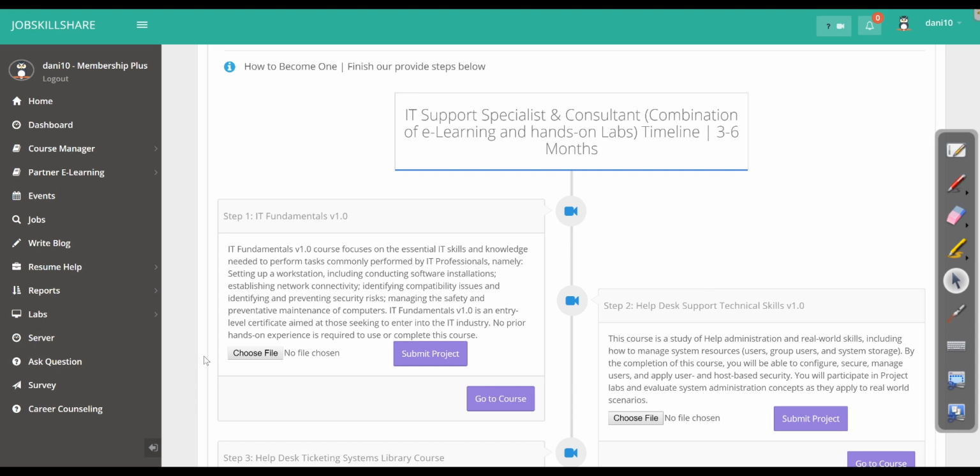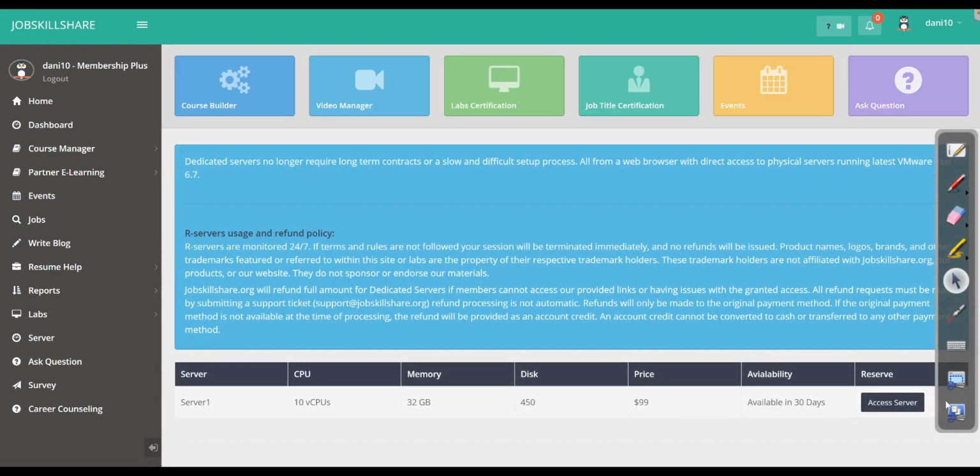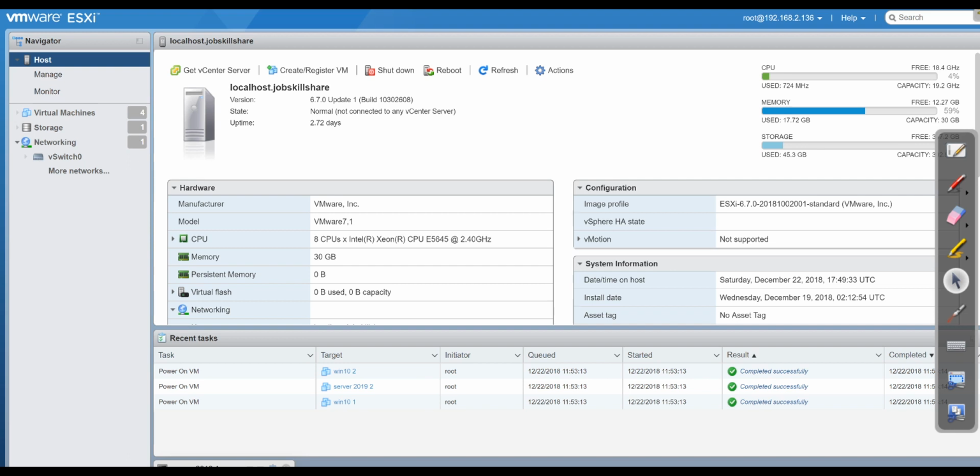One is the members that are going to purchase a server from our portal by clicking on the server and then reserving the server. And in this server, we are going to give the ESXi access for 30 days. And the second audience will be people who are interested in knowing how to create a domain controller environment in this access, and then how to use 2019, or maybe they just want to watch how to create a domain controller in the VMware ESXi